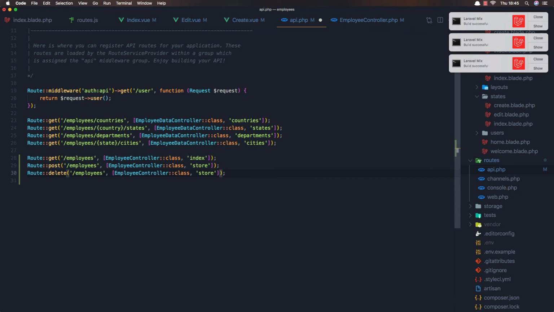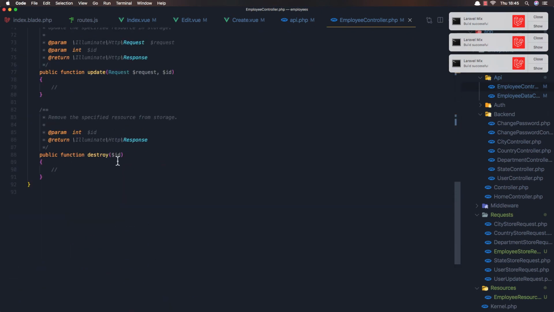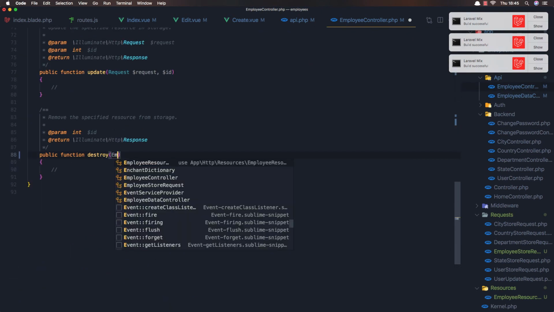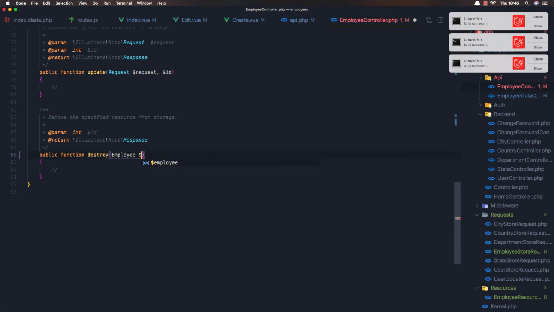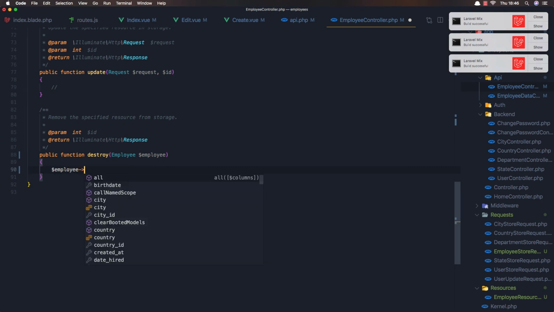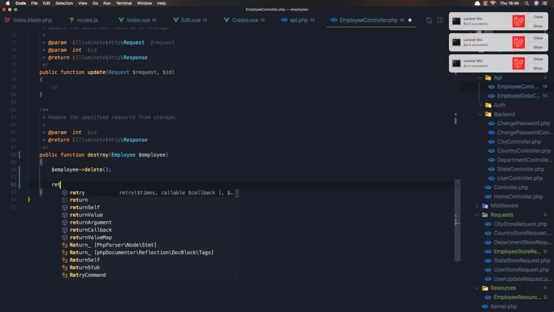And this is going to be delete employees and employee here, the destroy method. Okay, save, go to the employee controller, where we have the destroy, add the route model binding, employee $employee, and employee delete, and return